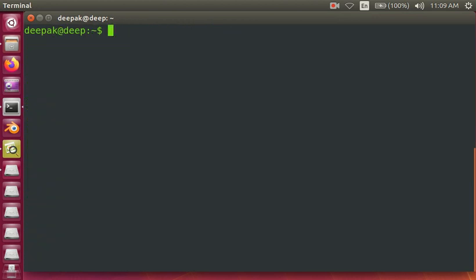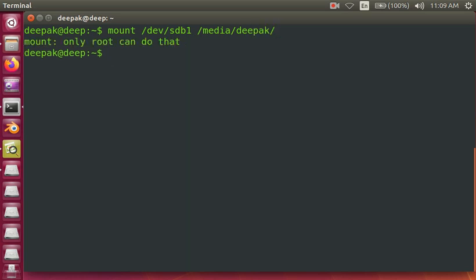So for that, mount is the command, mount /dev/sdb1, where I have physically attached my removable pen drive, and the location where I want to mount this is /media/Deepak, and okay, it is giving me the message that only root can do this.